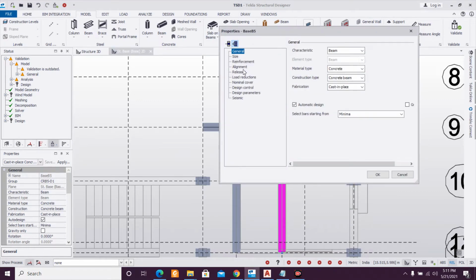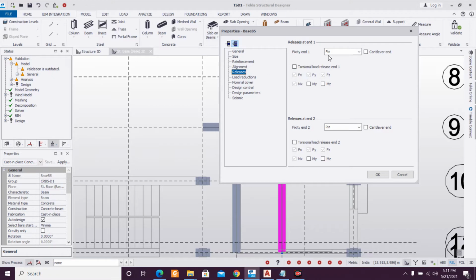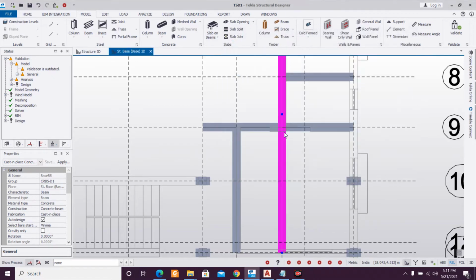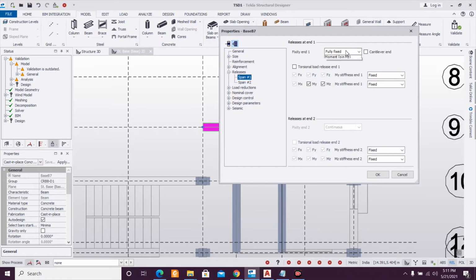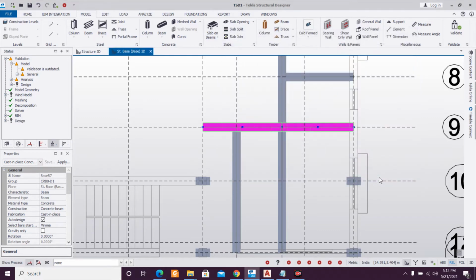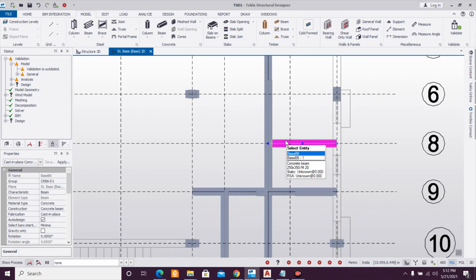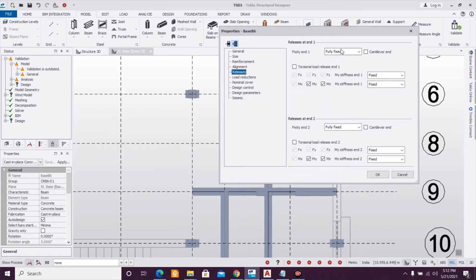Okay, just releases span 1 also, span 1 also pinned.